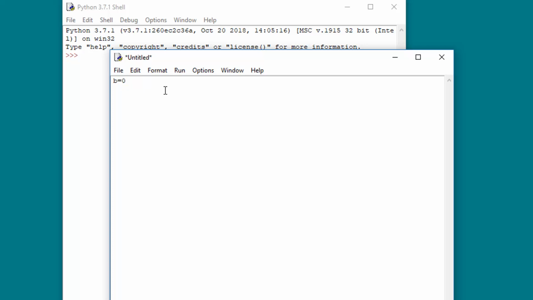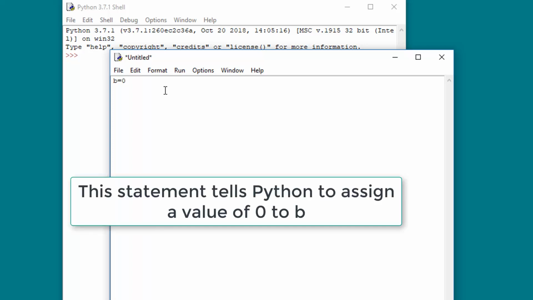I'm going to type b equals 0, so I'm going to assign the value 0 to the variable b. Once we get to chapter 2 and chapter 3, we're going to discuss assignment statements and loops and some of the things we're going to write in our first program, but I'm going to glaze over that at first to give everyone a good feel for just the process of creating a program and running a program. So I'm going to assign b the value of 0,